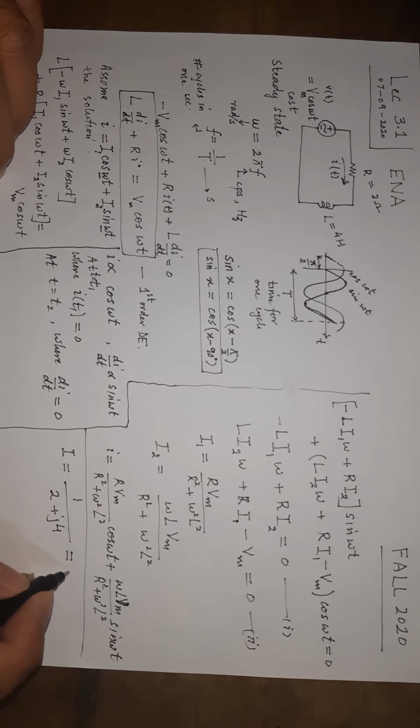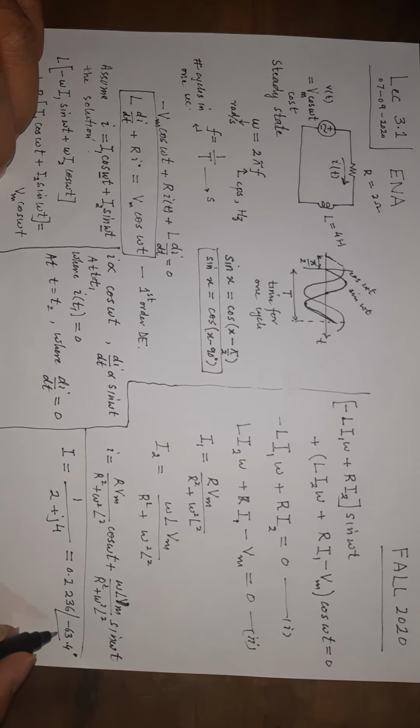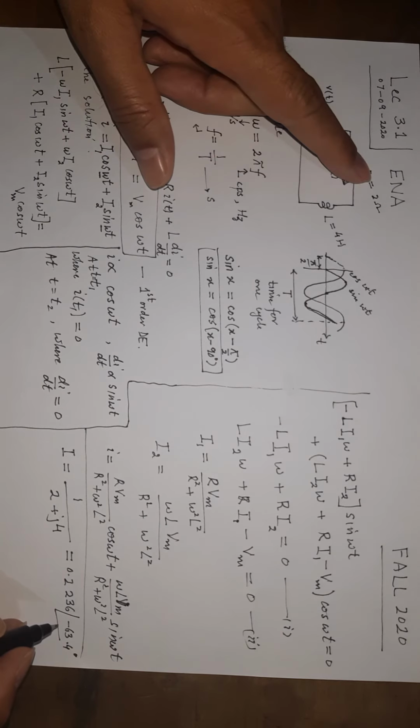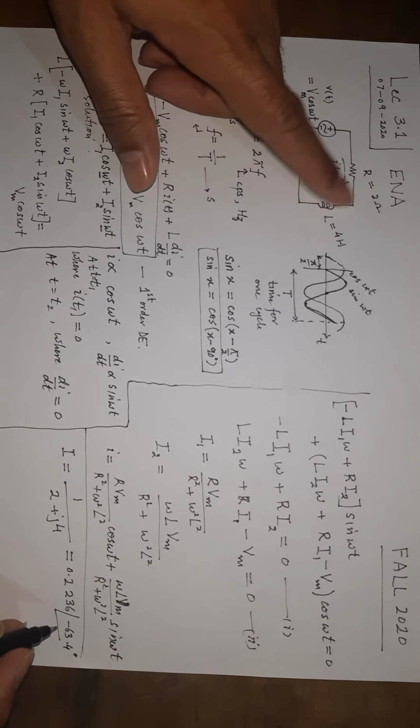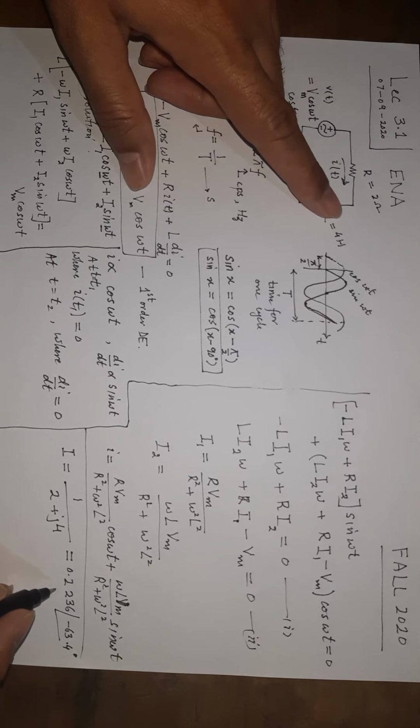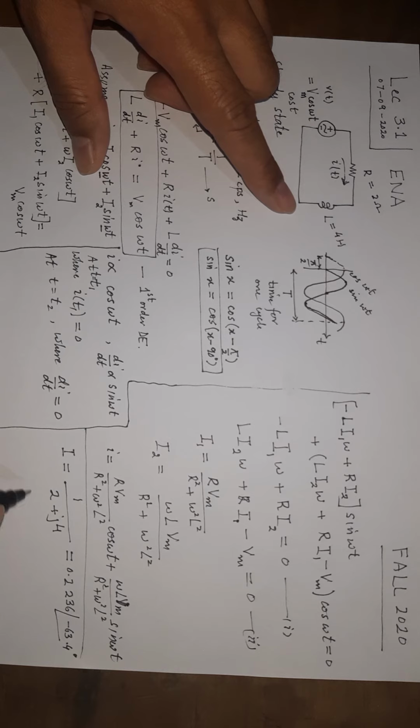We get in polar form 0.2236, we have already done that, and the angle is minus 63.4 degrees. What we solved was this was 4 ohms and this was 2 Henry. So basically the distance is the same, but the angle is changed now. You can have a look at that.